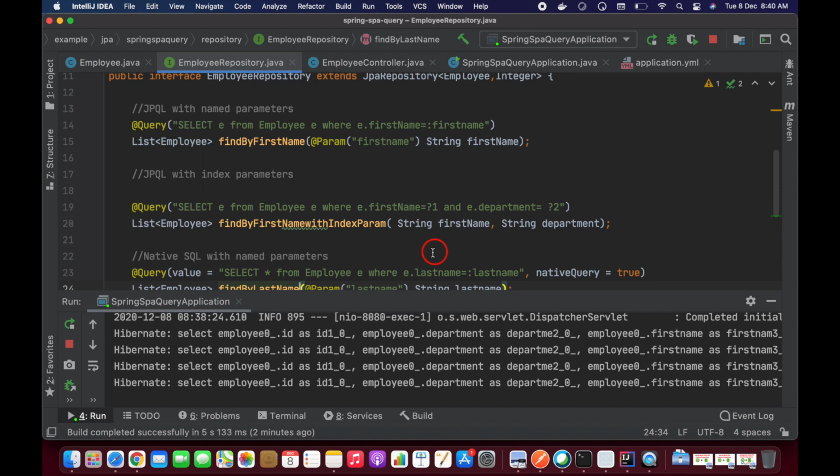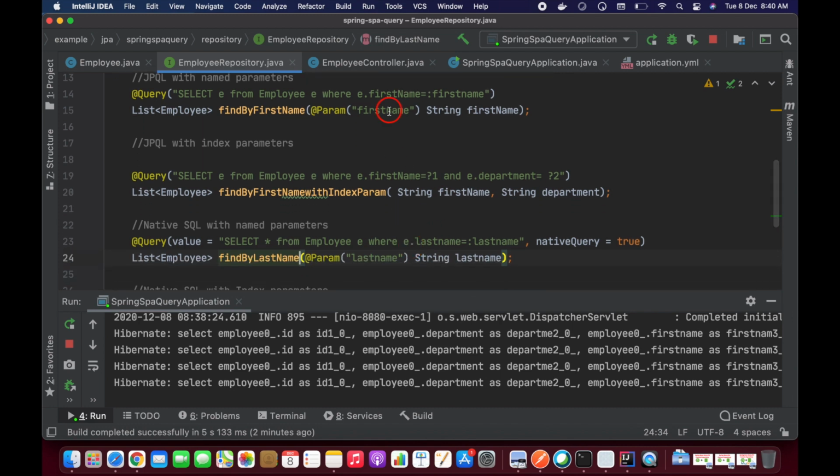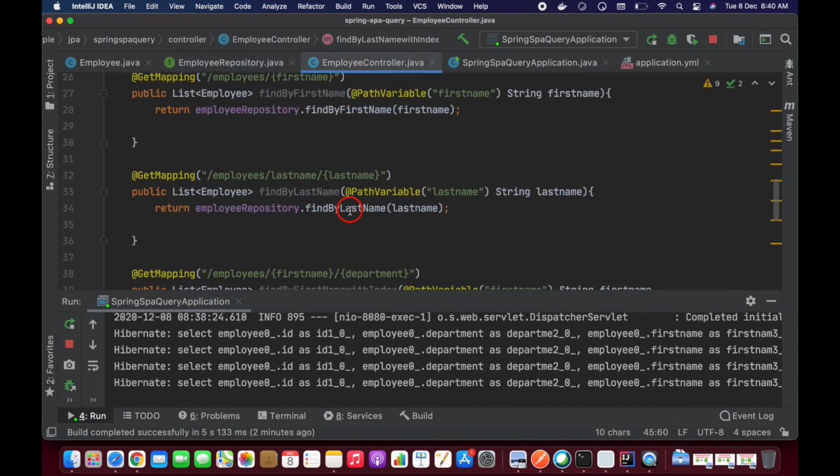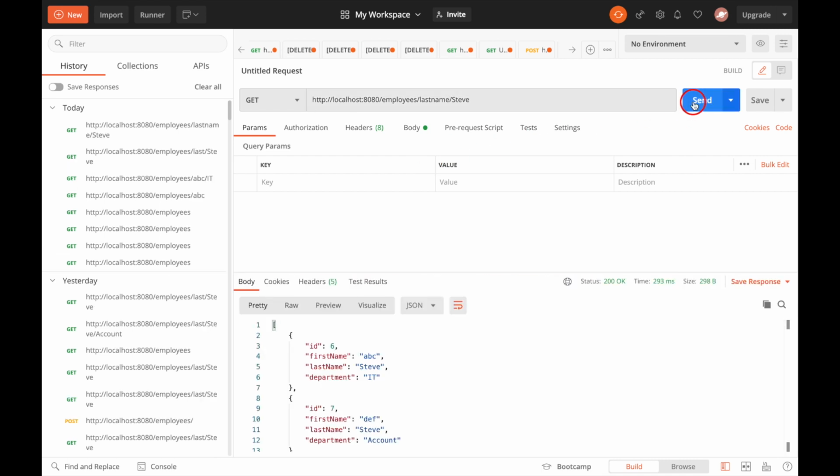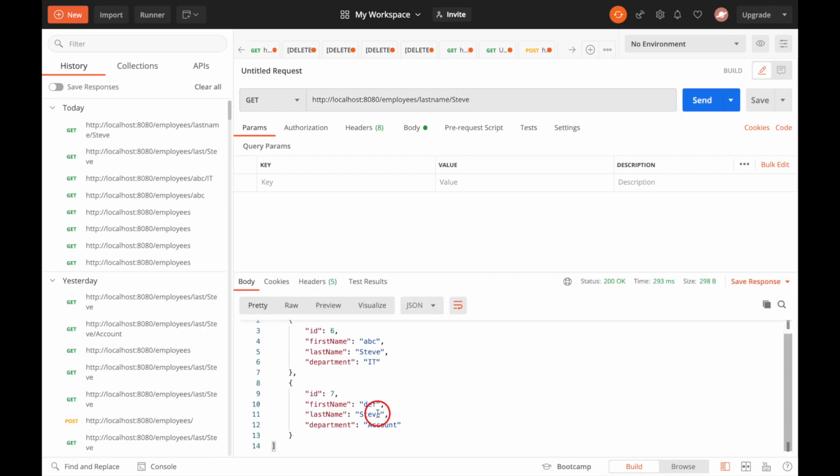So let me check the endpoint, guys. Employees last name. Okay, sorry. So the last name is Steve. We have two employees whose last name is Steve, and the departments are IT and account.